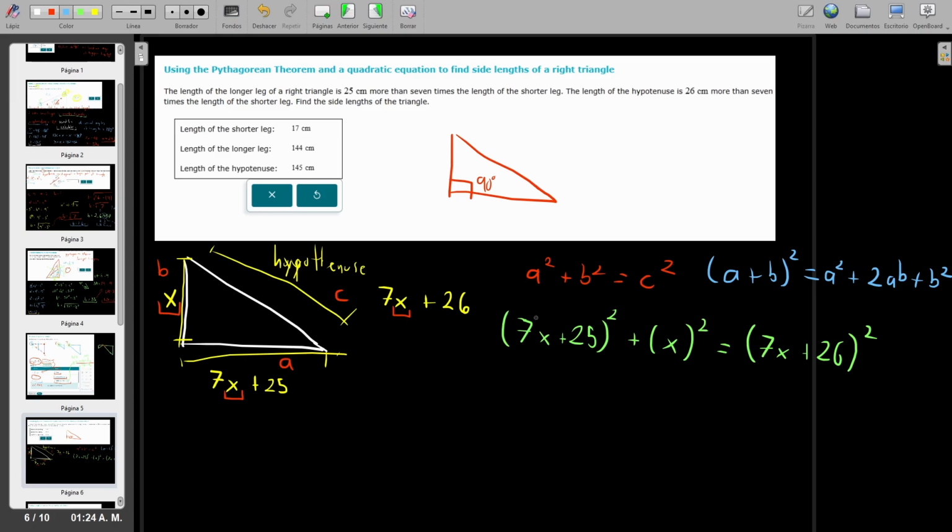In this case, we can put the first one as a and the second as b. So the first part, a squared: 7 times 7 is going to be 49x squared, plus 25 times 7 times 2 is going to be